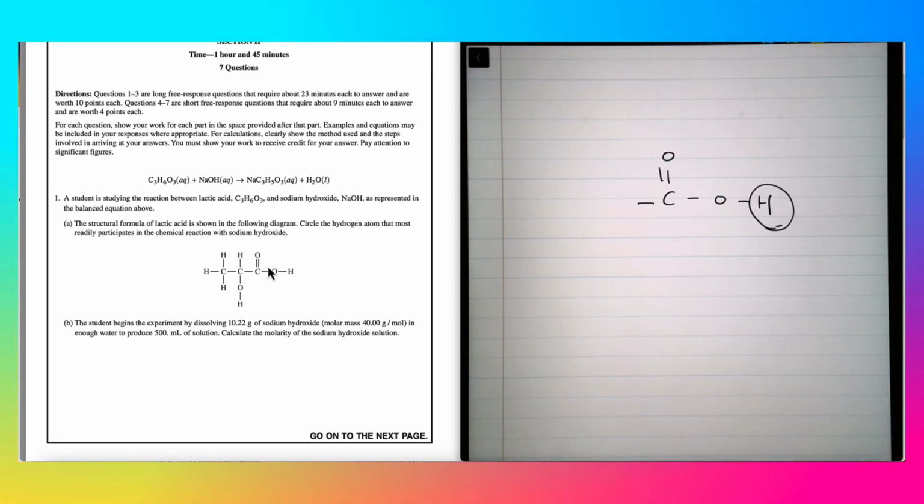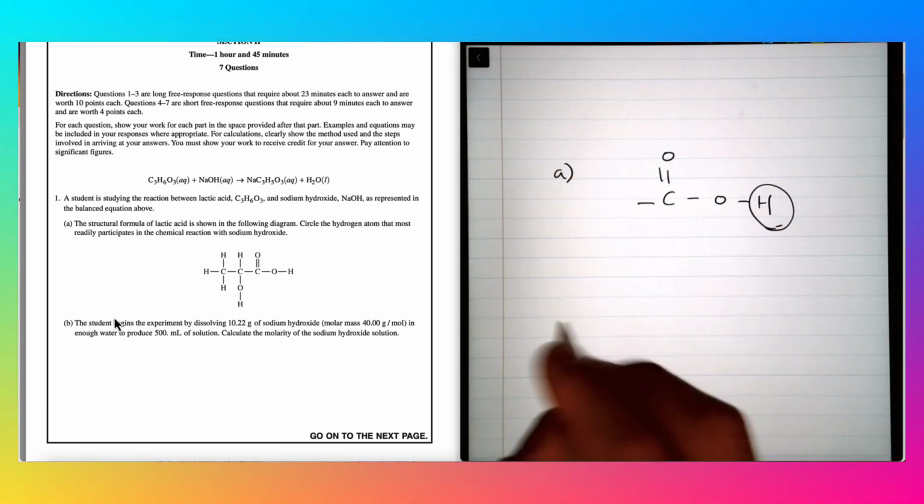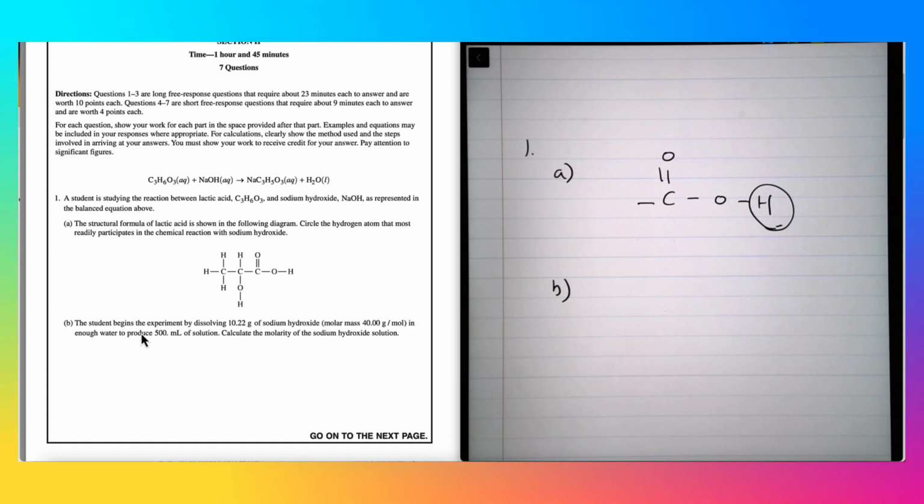Again, that's because of the inductive effect, the nature of oxygen being electronegative, and there are 2 of them versus just 1 here. Alright, I don't think they ask you to justify it, so you just have to circle that one. And part B, the student begins the experiment by dissolving 10.22 grams of sodium hydroxide, and they give the molar mass, that's quite nice,